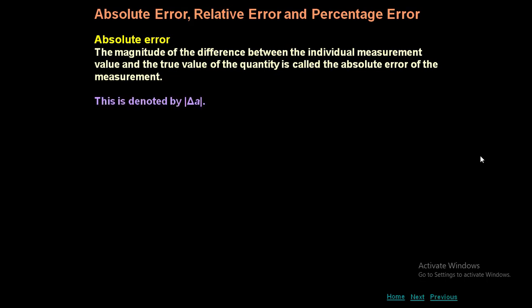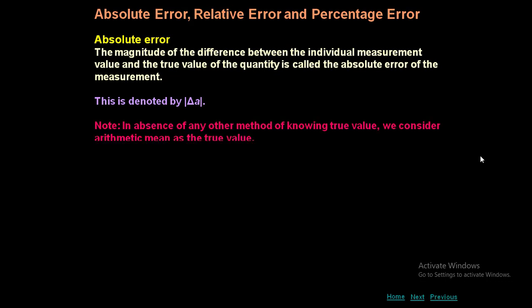This is denoted by modulus of delta A. Now here, why are we keeping the modulus? Absolute error is always taken as positive alone. Sometimes the difference may be positive, sometimes the difference may be negative. Note, in the absence of any other method of knowing the true value, we consider the arithmetic mean as the true value,